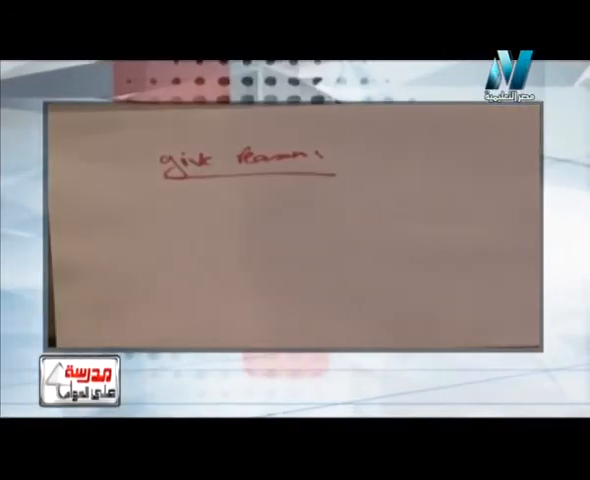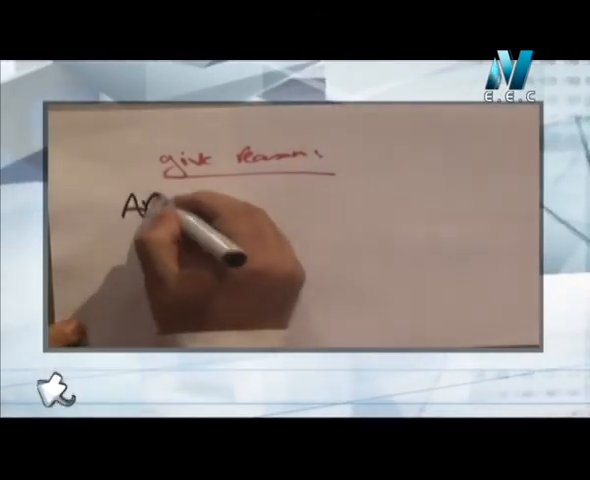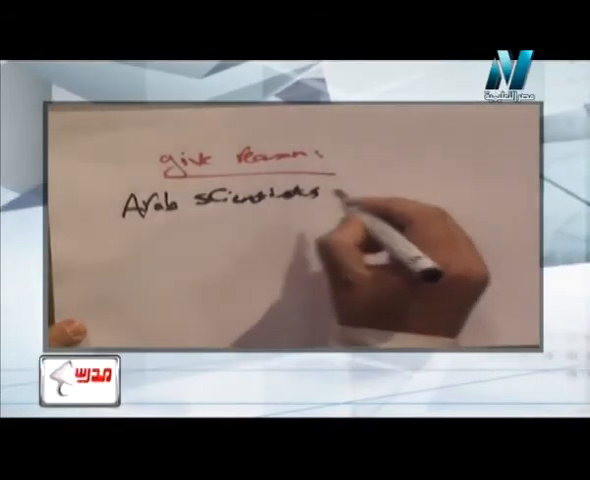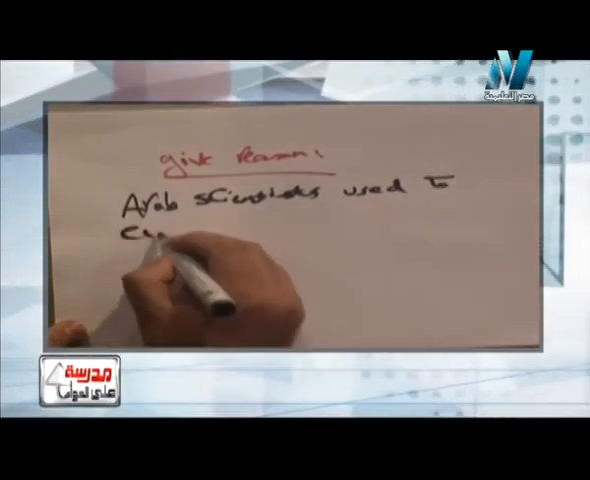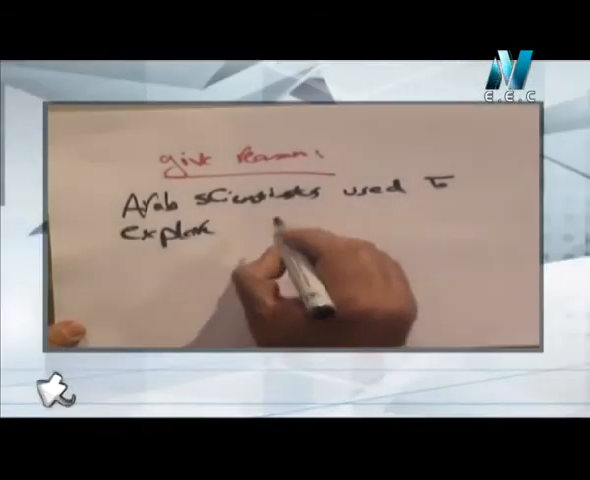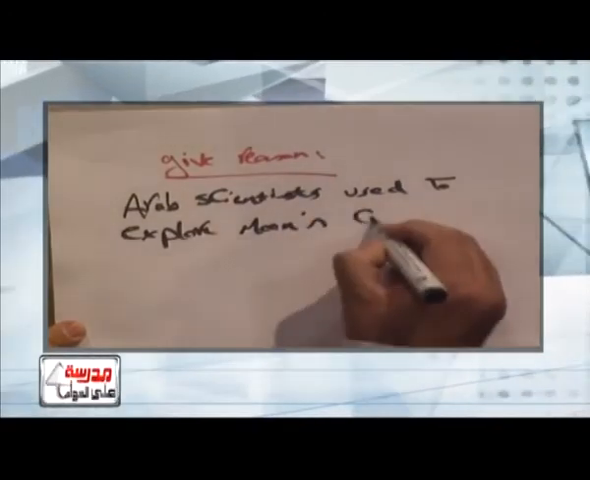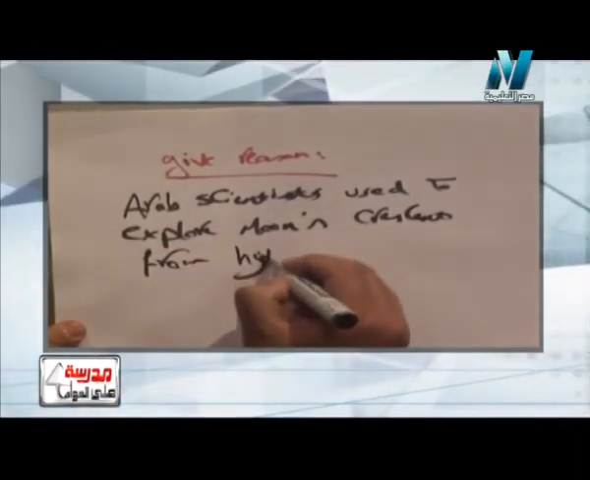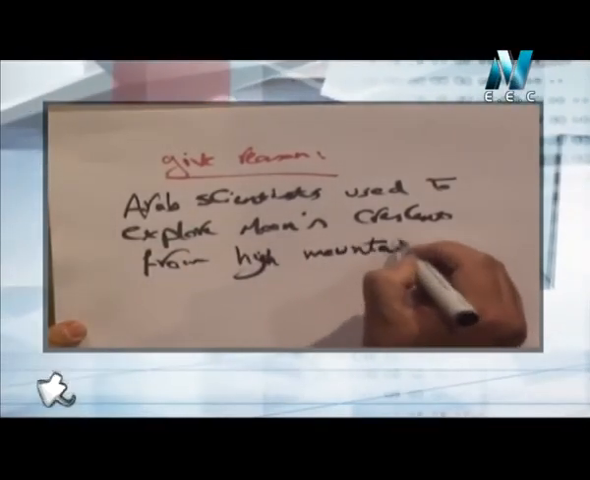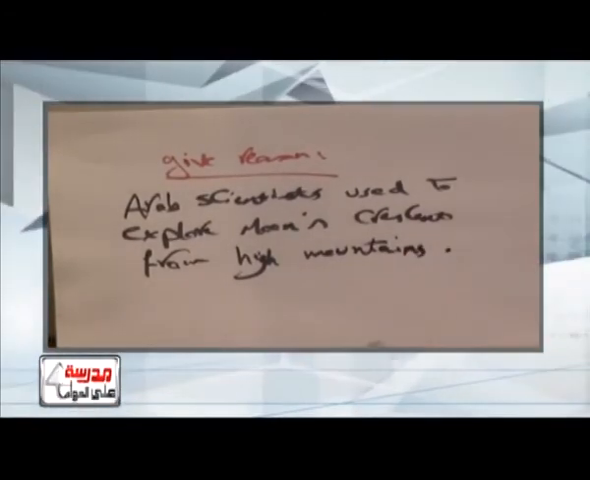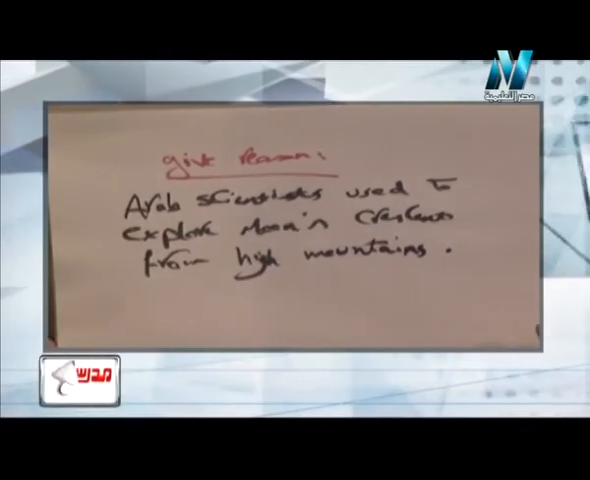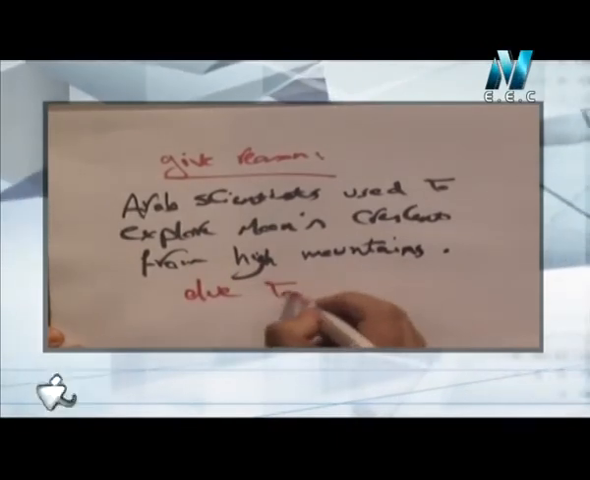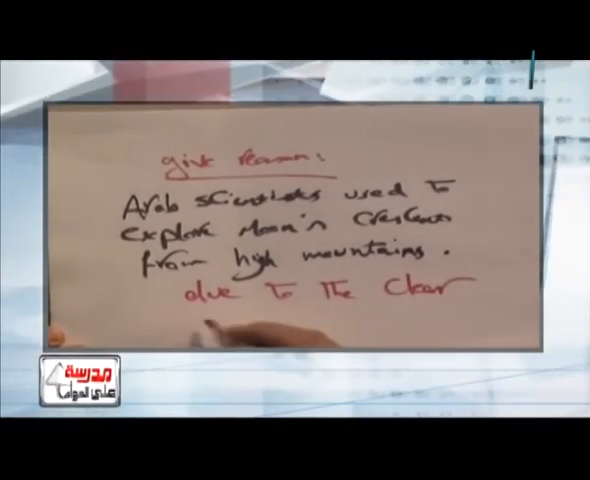Give reason. The question says Arab scientists used to explore the moon crescent from high mountains. Why they explore this crescent from high mountains, not from the earth itself? Surely the answer would be that due to the clear vision at the high mountain. So the answer would be that due to the clear vision